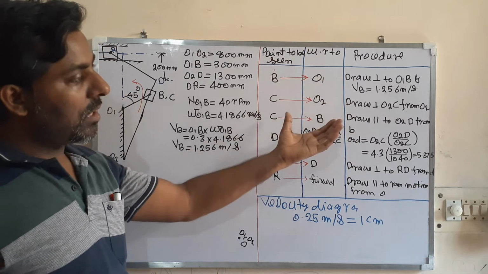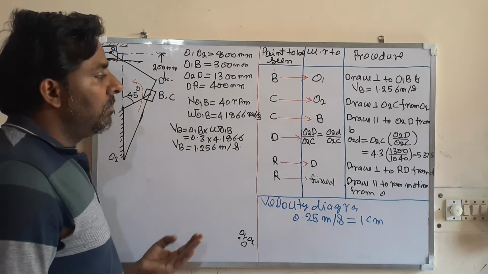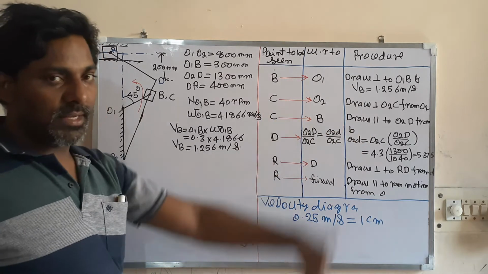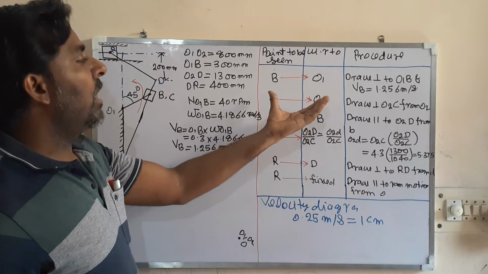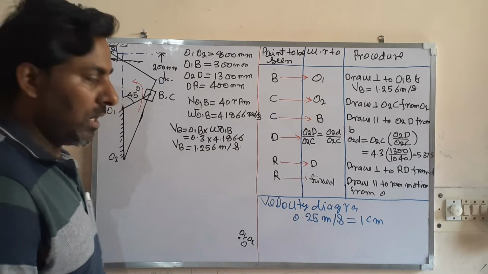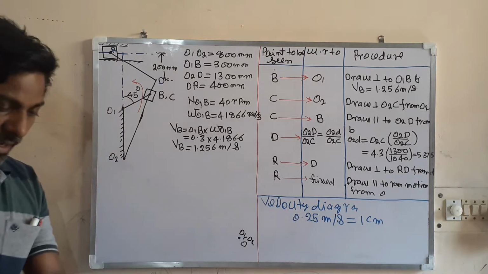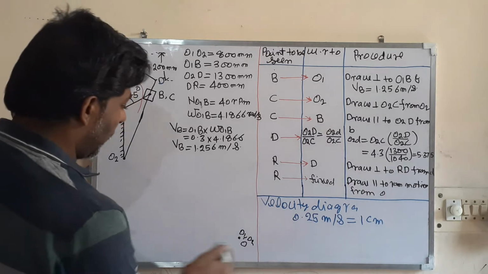Following this procedure, you can draw. So directly I will explain here and I will draw, but for your help I have written here, so that you can revise later. This will help you when you are going to revise, because you forget after some time. So let us start to draw the velocity diagram. So I have taken this reference point.